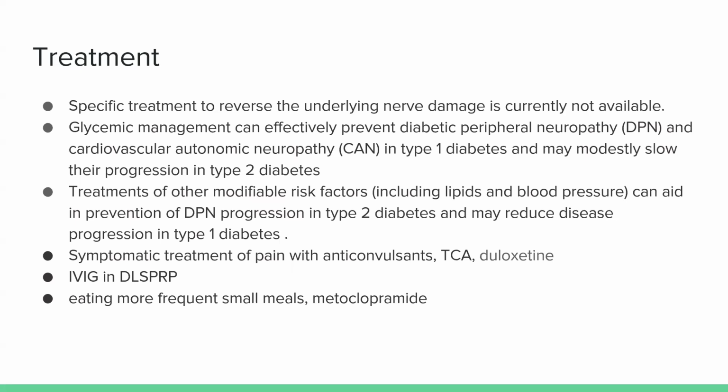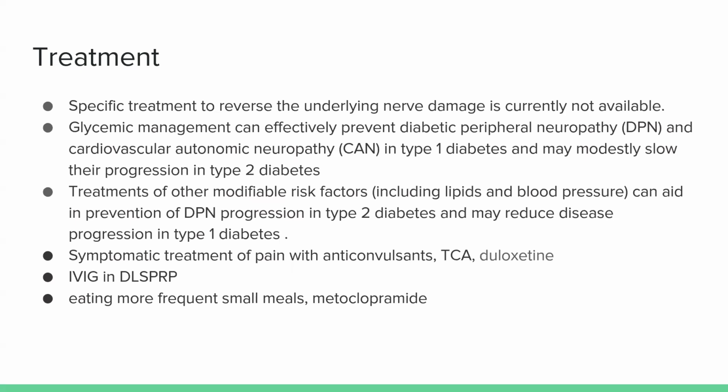practice good glycemic management. Good glycemic management can prevent diabetic peripheral neuropathy in type 1 patients. It can modestly slow the progression in type 2 patients. In type 2 patients, treating other modifiable risk factors like lipid-lowering agents, blood pressure control can actually aid in the prevention of polyneuropathy progression. The other thing is, of course, we can't fix the cause or we can't reverse the cause, but we can